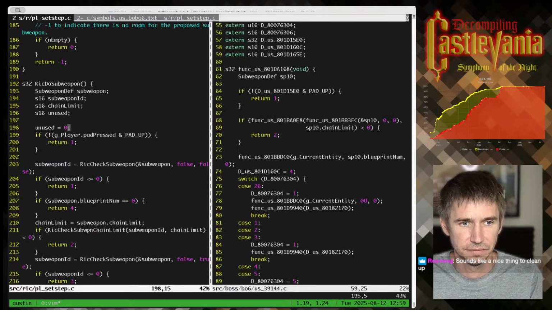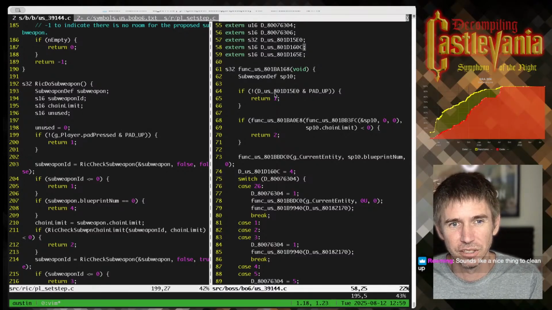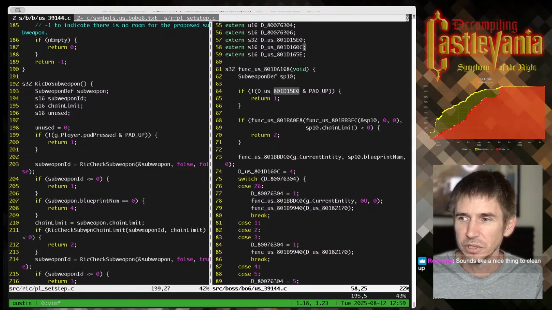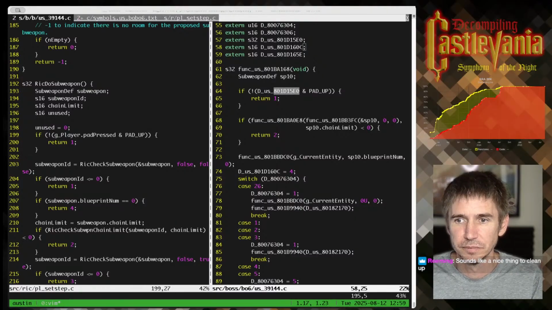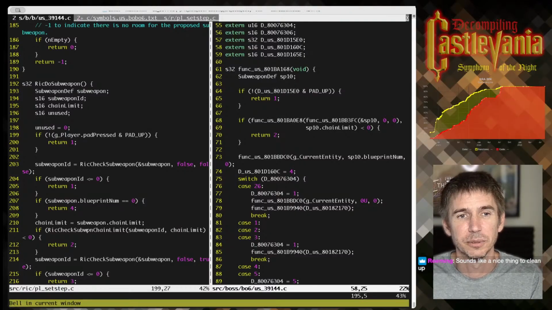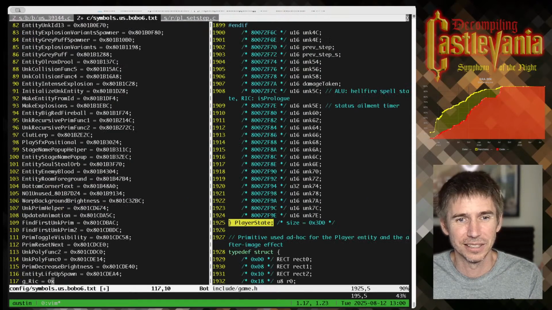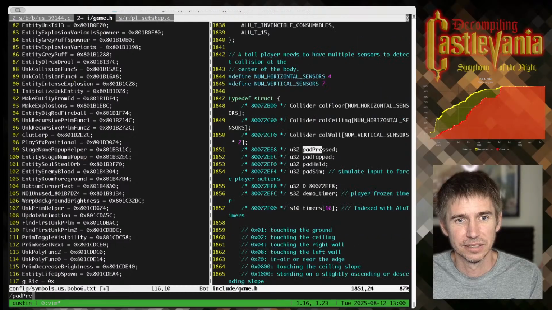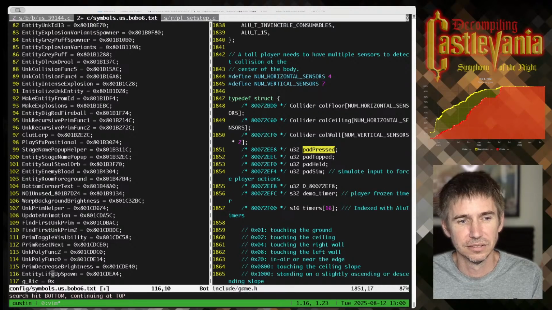To find that, we have to find a field that we know, pad pressed. We have to look at what address we're currently reading, which is this 801D5EO. I have to put that into a calculator, which I have open somewhere. And then this is terrible. So actually, before we get to do that, let's find pad pressed. And this time I am gonna calculate the